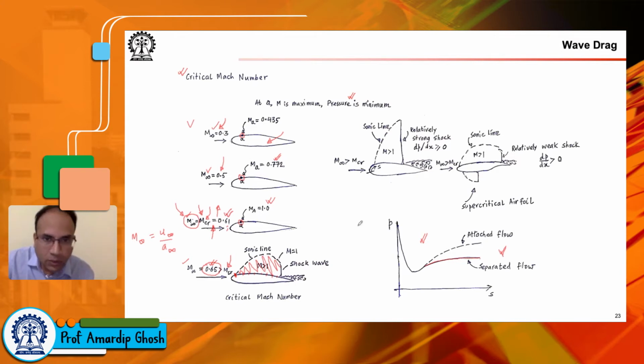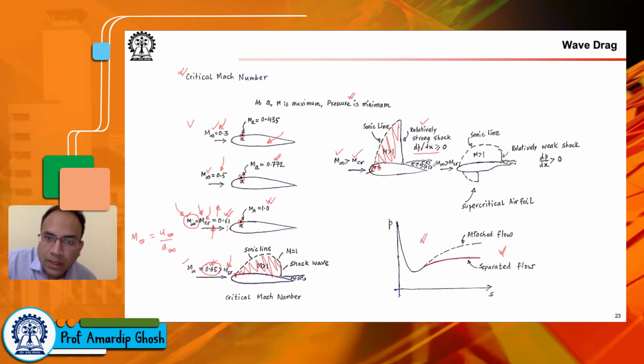Now we will see what happens. So at this M infinity greater than Mach critical, you see that if this is a stagnation point and you have this body fitted curvilinear coordinate system S, we see that for these kind of thick airfoils flying at higher than Mach critical, you have this very large supersonic region extending far away from the surface of the wing. And what happens is we see a relatively strong shock with a very high dP/dx or dP/ds, if you want. And the high adverse pressure gradient imposed on the boundary layer causes this large flow separation,